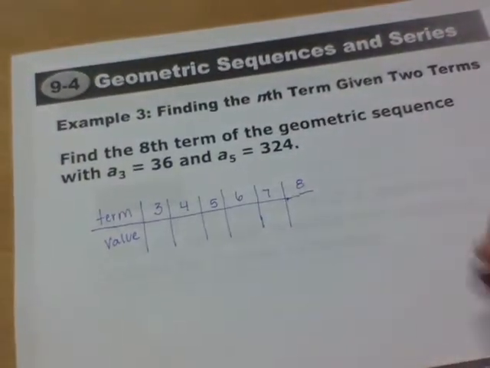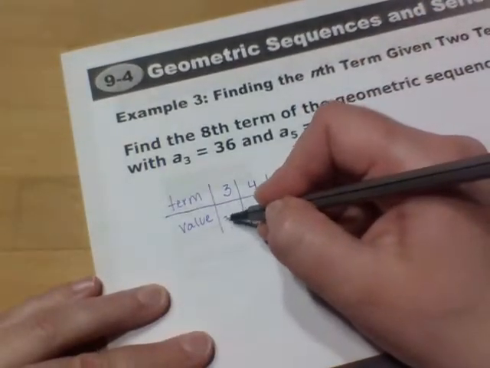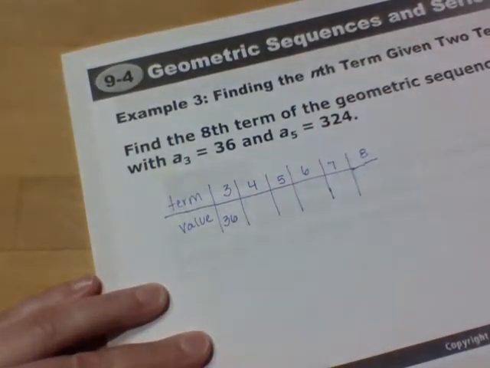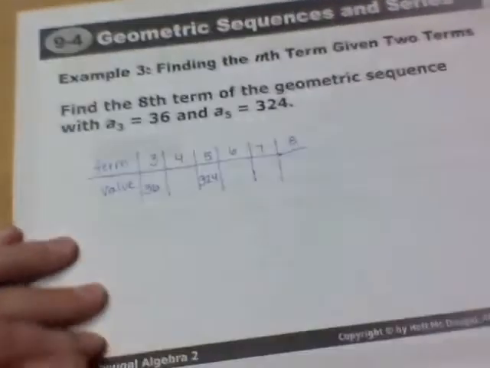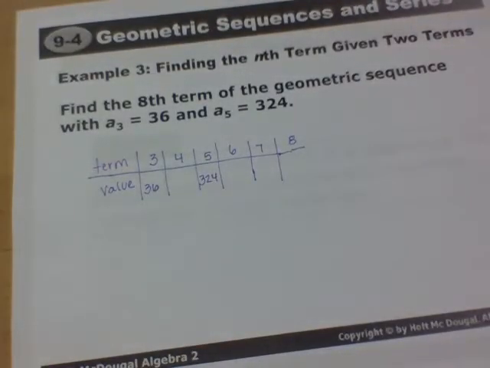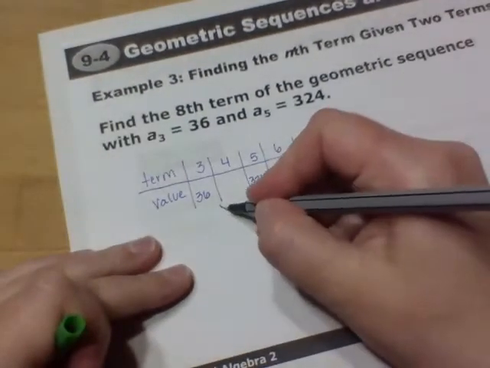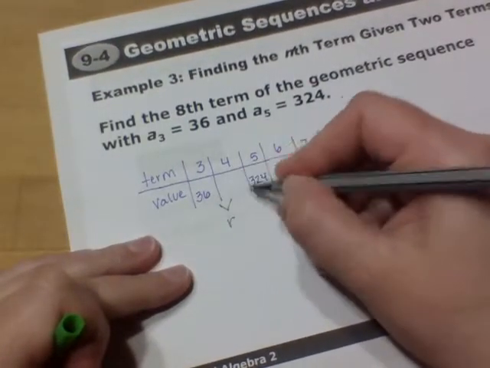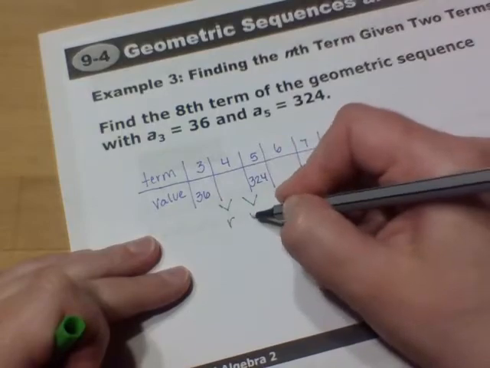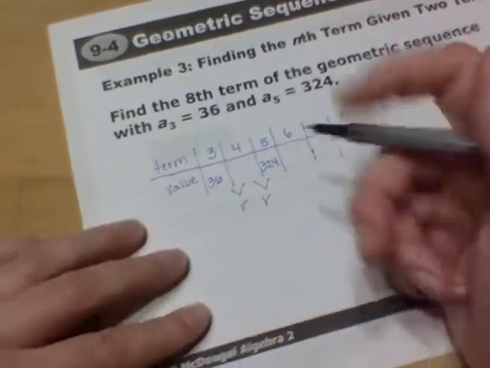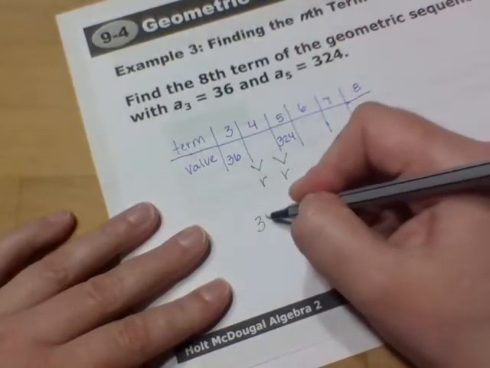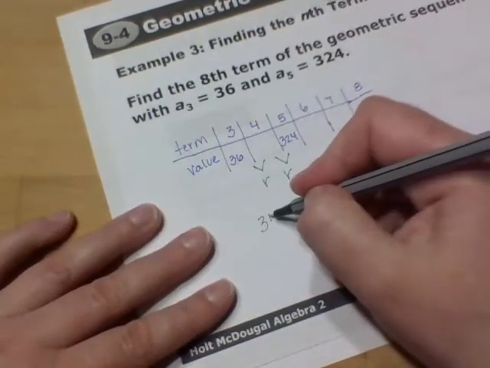All right, and so in order to do that, the 3rd term is 36, and then the 5th term is 324. So in that case, we are going to see what our common ratio is. And so you're going to ask yourself, what do I multiply, and that's r, to get to the 4th term, and then what do I multiply again to get to the 5th term? And so when we go through solving this, we're going to be saying that 324